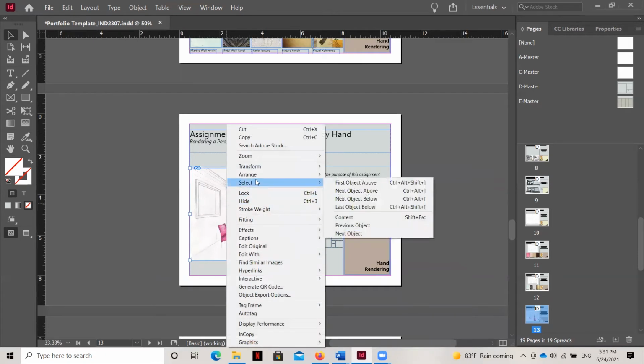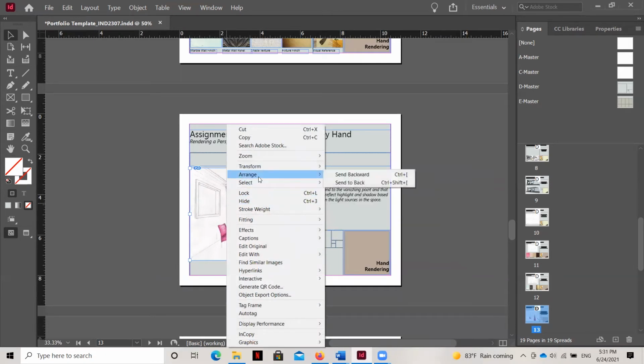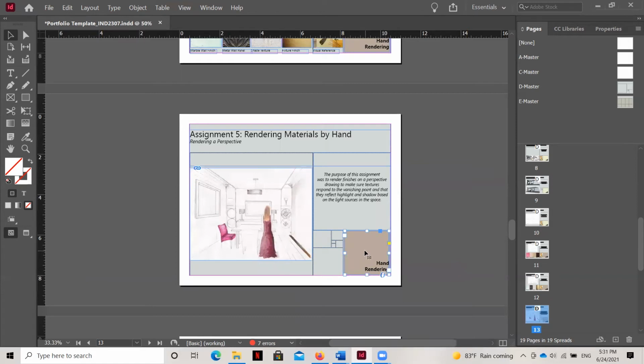And introduce you to this idea of arranging. Now, there are layers in InDesign, and so sometimes things get on top of other things, and so you want to make sure to arrange it by sending it backward or forward. If, for example, a text box would be on top of it, and so you can see here right now, the text box is on top of that colored box right there.